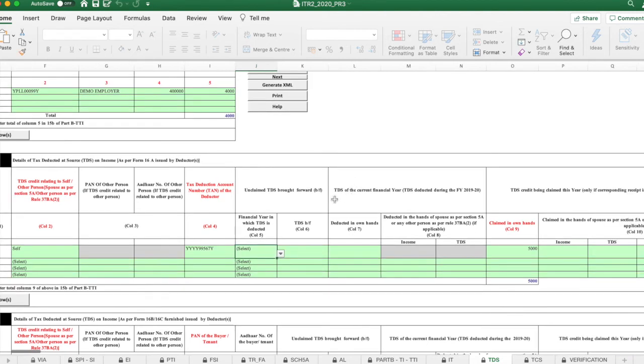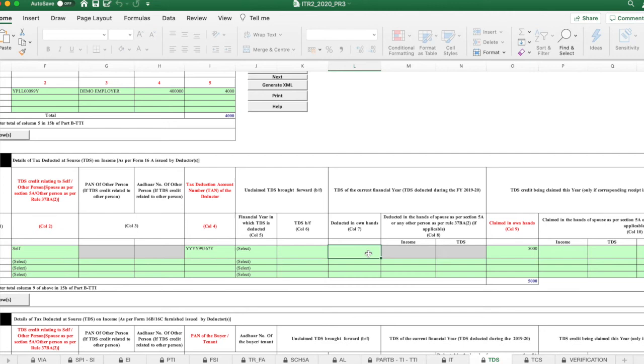Then next is unclaimed TDS brought forward, that you don't need to mention unless anything is there. In this case, there is nothing. So for TDS for the current financial year, you have to mention the TDS deducted by this particular TAN number. For example, if a particular bank has deducted under this TAN, then that amount you have to mention.